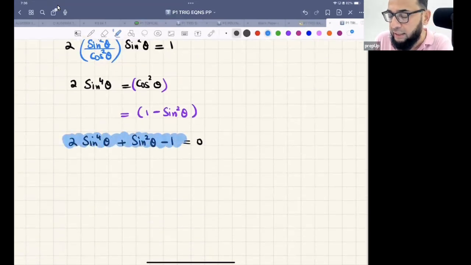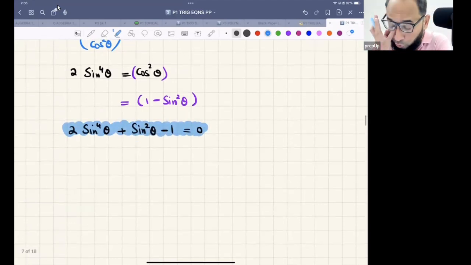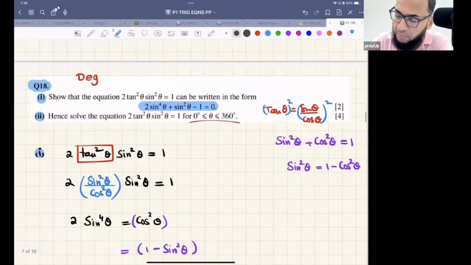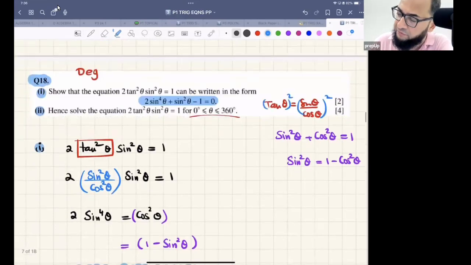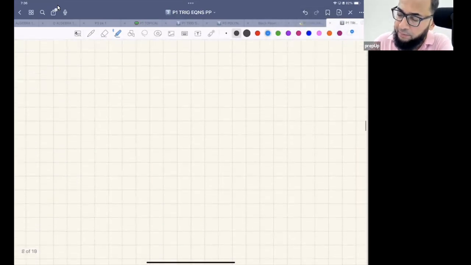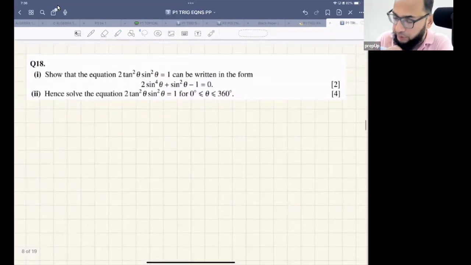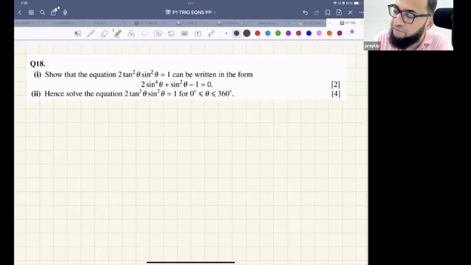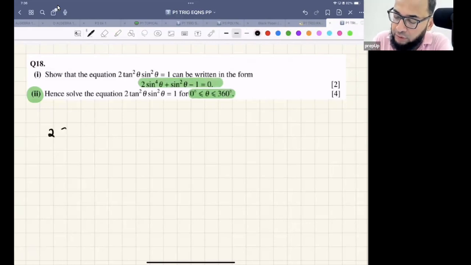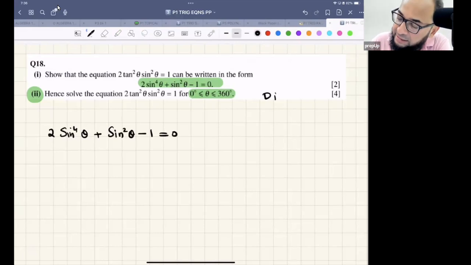So what we get is a disguised quadratic equation: 2 sine power 4 theta plus sine square theta minus 1. Let me grab this from here. Let me add a page over here, and let me continue with this. So now, hence solve this equation for 0 to 360, and that equation is this. Basically we will write 2 sine power 4 theta plus sine square theta minus 1 equals 0. This is a disguised